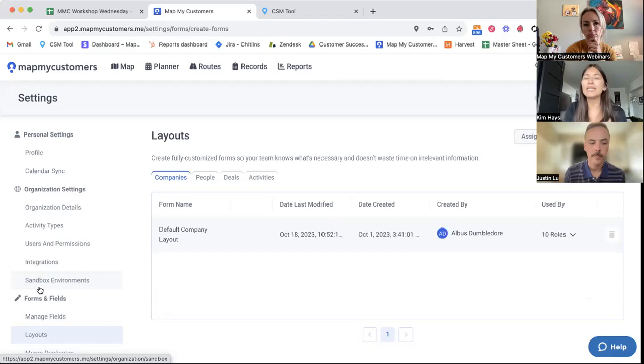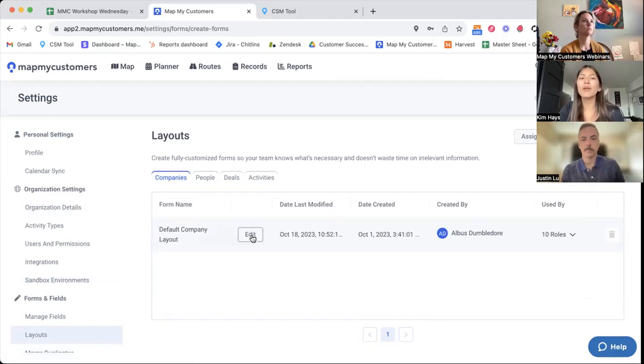Right now, your default layout is going to be an existing form that mirrors what your old form looked like before the release went out. You are now able to come in here and edit this, customize, remove, add, reorder the different fields that are happening in your layout. In this default company layout, if I would like to make changes,